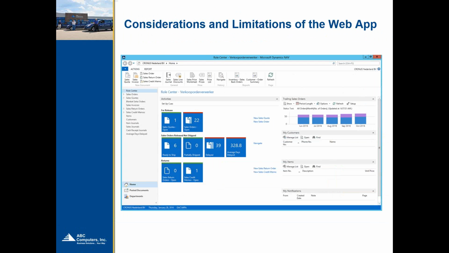The role center that you see, your cues, your chart parts that are showing you your dashboards into your financial data or sales data, depending on what your role in your organization is, that's going to be the same regardless of the client that you're looking at. So